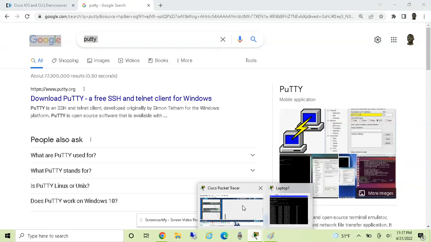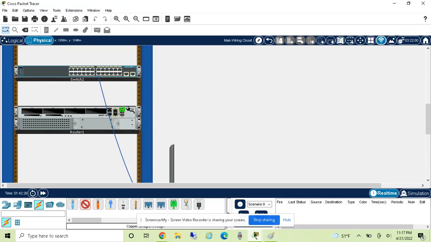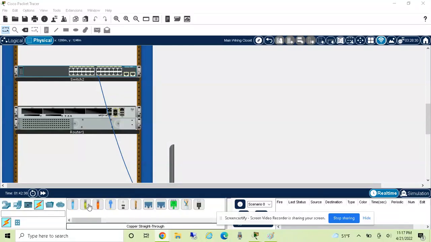Let's go back to plugging. So right now I'm plugged into the router 1. And then we go back. So I selected a copper straight-through cable to connections down here. And I plugged into the G0/0 interface because that's the interface that has been no shut and has an IP